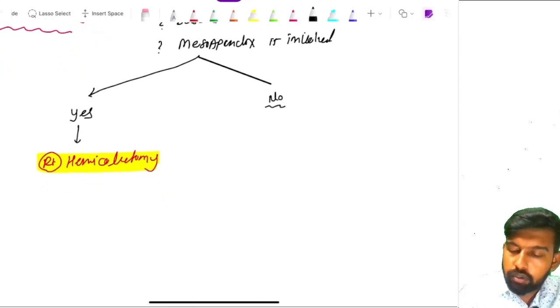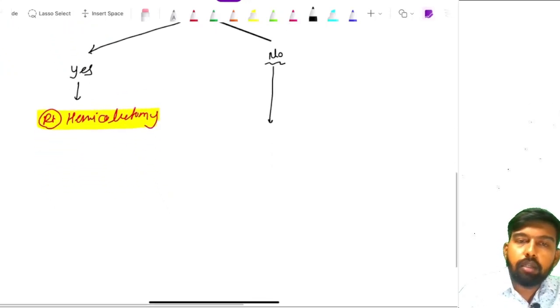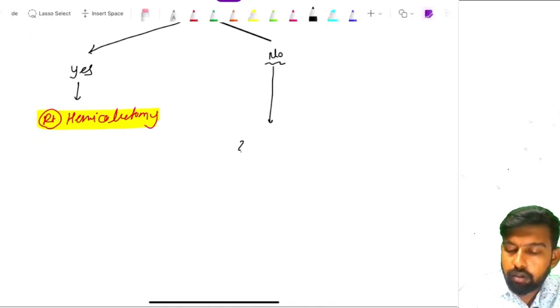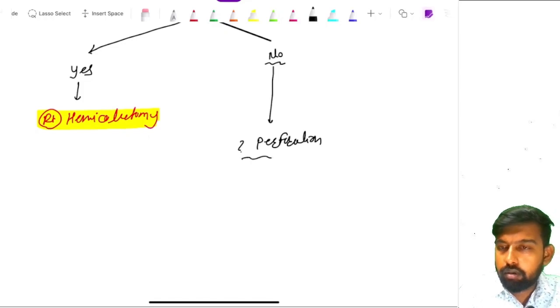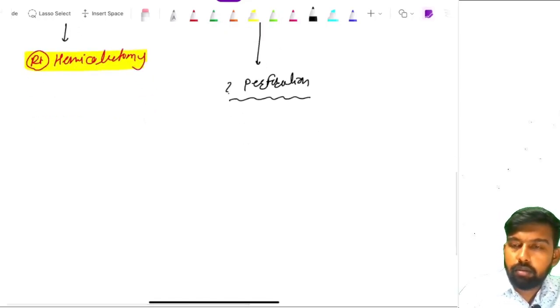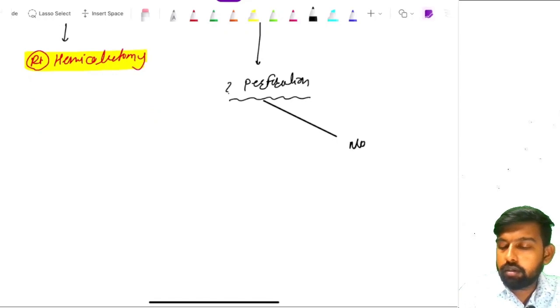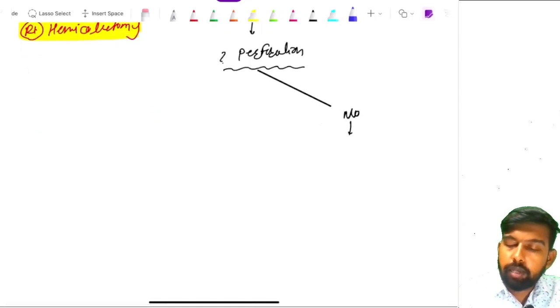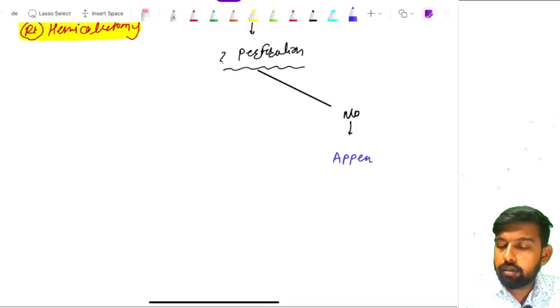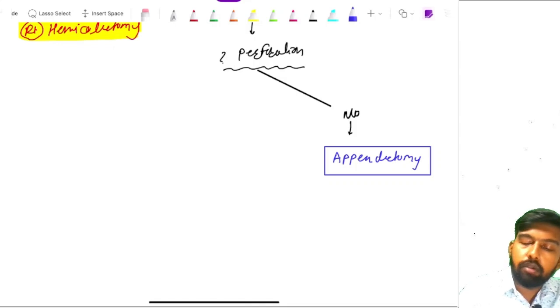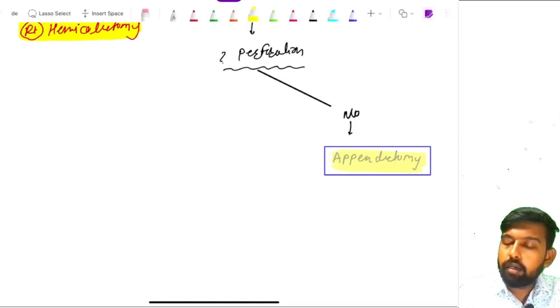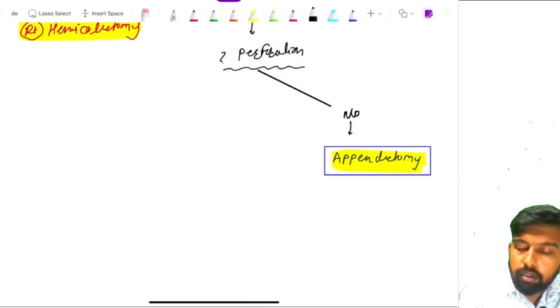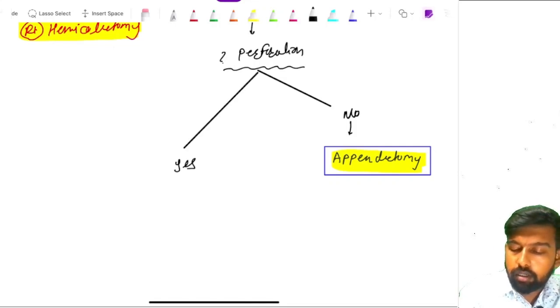But if the base of the appendix is not involved and the mesoappendix is not involved, then we should see whether it is a perforated appendix or not. If there is no perforation, then the appendectomy is sufficient for the particular tumor. But if perforation is present, then